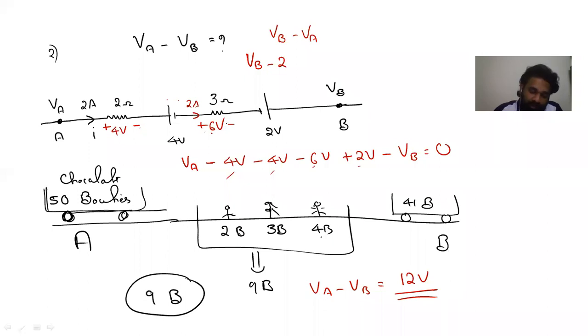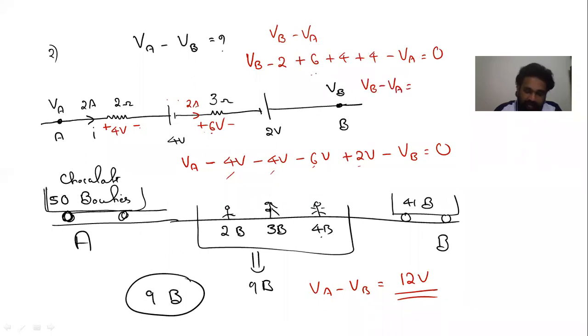Now here minus plus, so we took plus 6, and here plus 4 minus VA is equal to 0. So now VB minus VA, if I take like that, 6 plus 4, 10, somewhere I have taken wrong. This is plus, this is plus, this is plus, this is minus. Okay, let us see. 4, 14, I think correct. Yeah, minus 12 volt, correct or what?